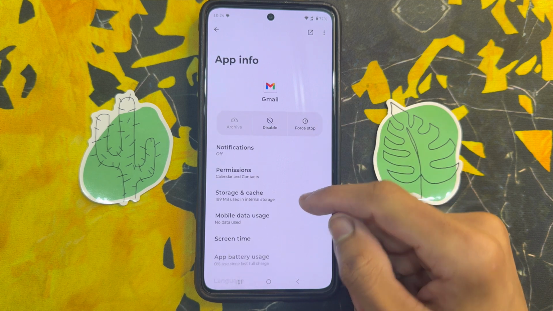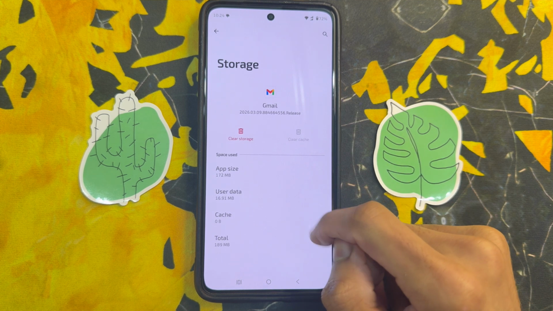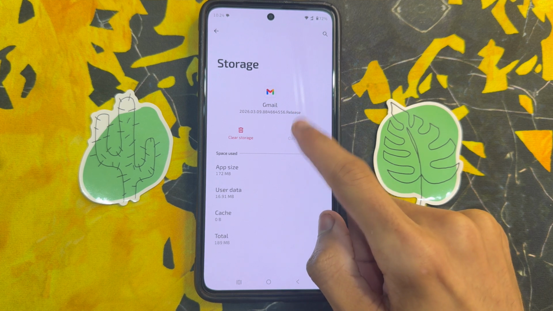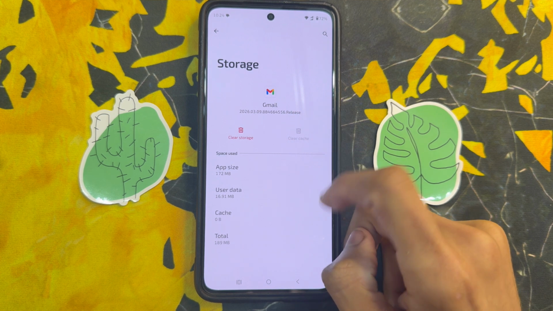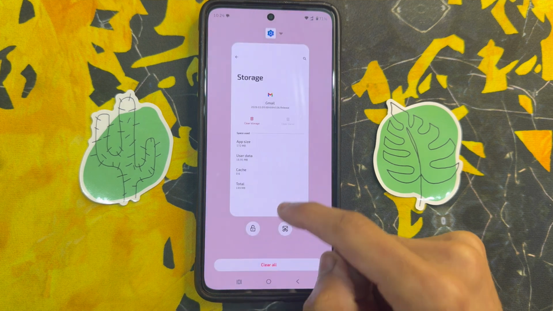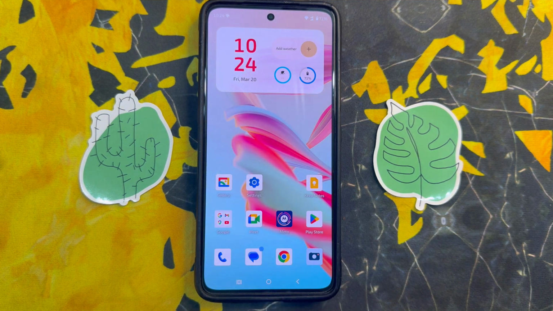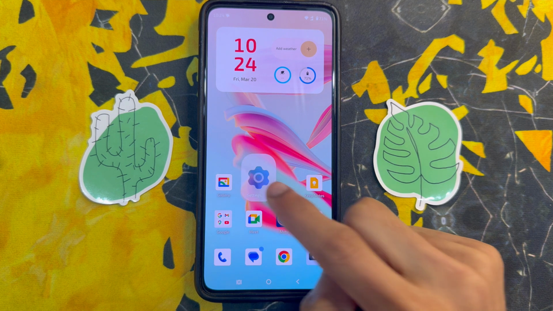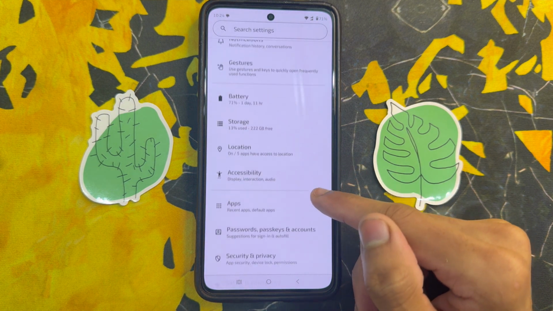Click on Voicemail app and click on Storage. After clicking on Storage, click on Clear Cache. After clicking on Clear Cache, go back to the home screen. You will see your problem is solved, but if it is not solved, click on Settings app, scroll down and click on